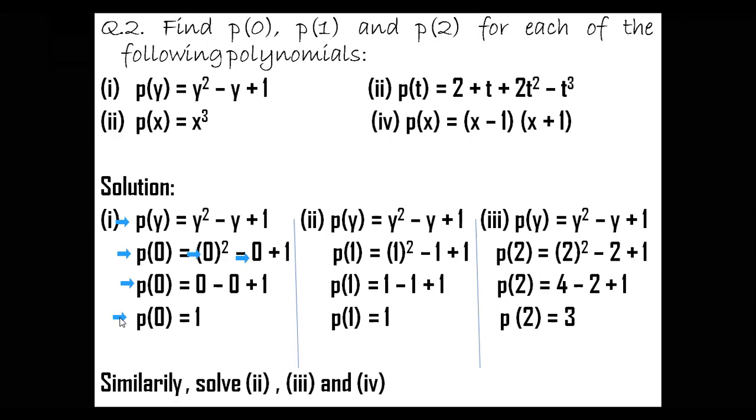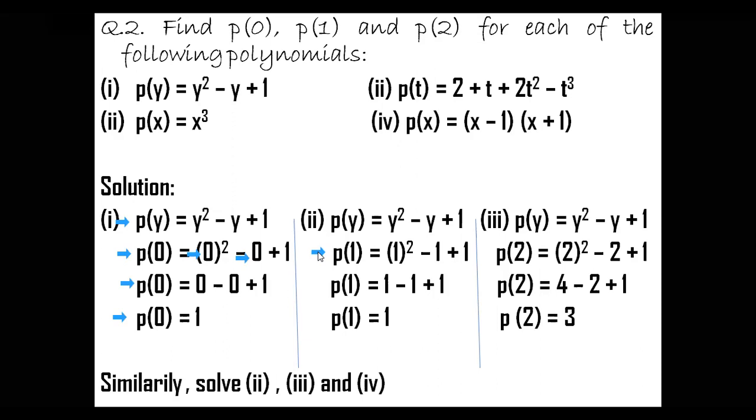That is for the given question when the variable y is replaced by 0, that is P of 0 is equal to 1. Now as given the question, for the same polynomial, we have to find P of 0, P of 1 as well as P of 2. Now let us find P of 1. So what I will do is, for the same polynomial, that is P of y, I'll put 1 in place of y. Wherever I shall find y, I shall put the value 1. So replacing y by 1.